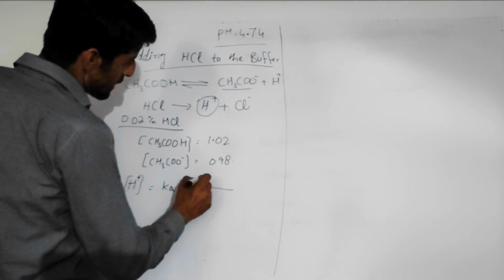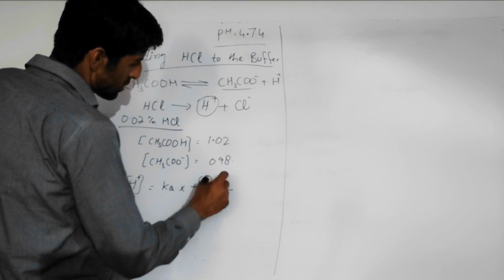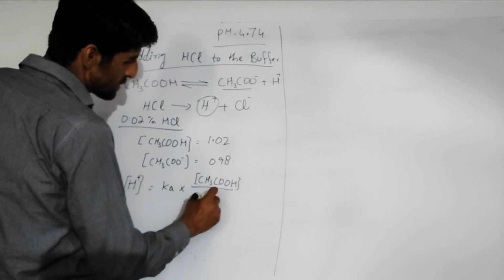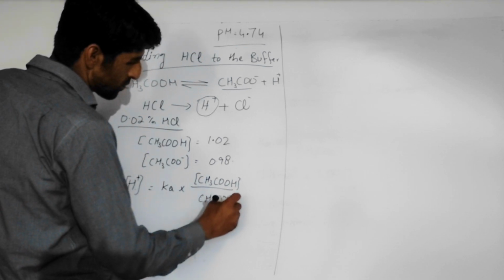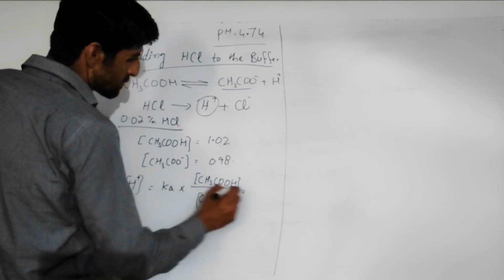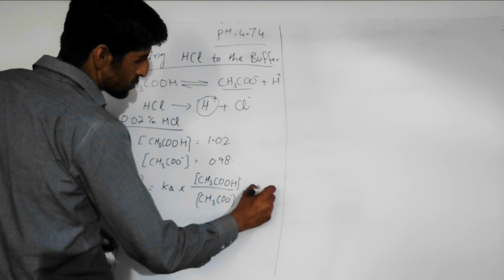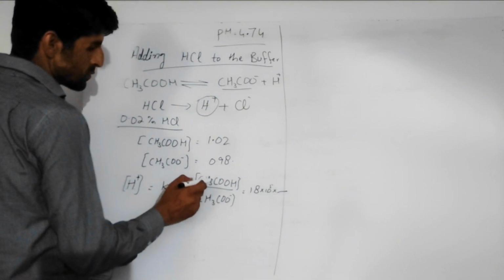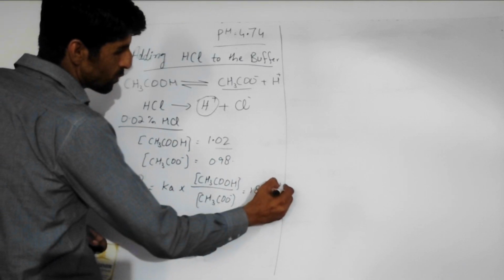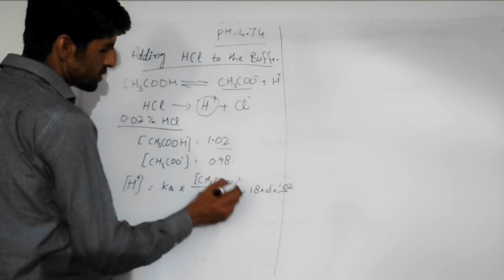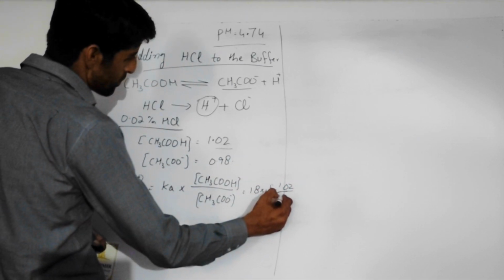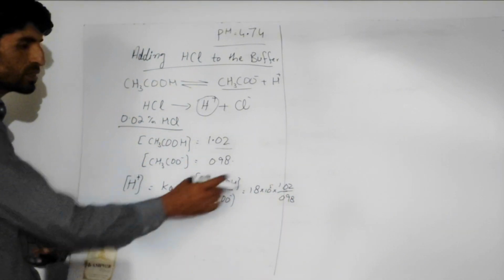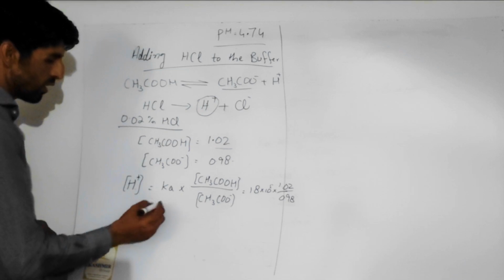So the acetic acid over acetate ions will give us 1.8 into 10 raised to the power minus 5 multiplied by, here we will put this value, that is 1.02, and the ionic value will be 0.98. By solving these mathematical terms, the answer would be